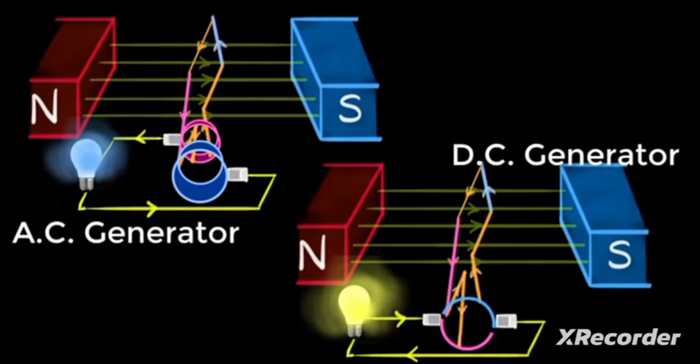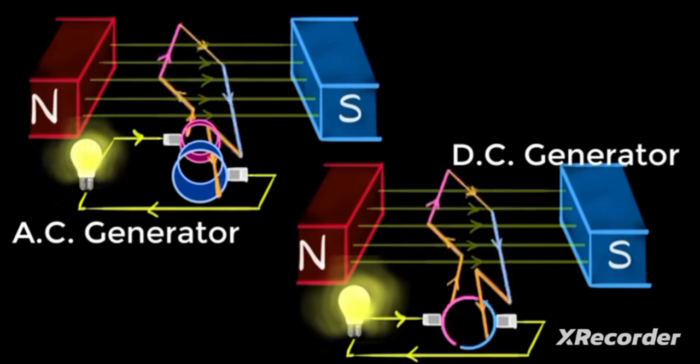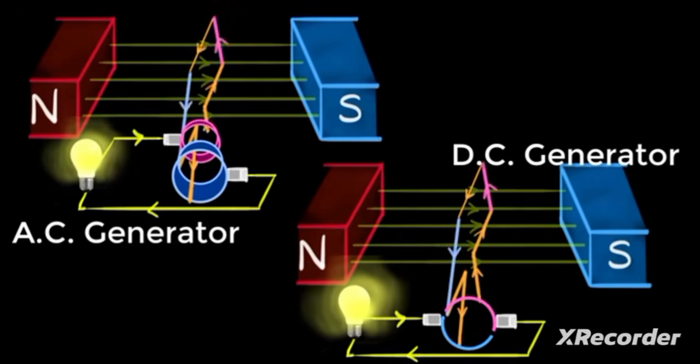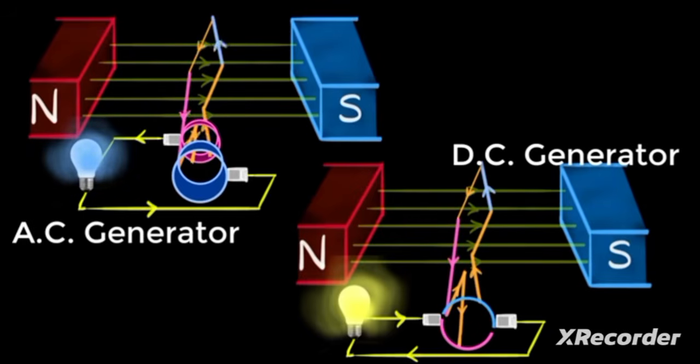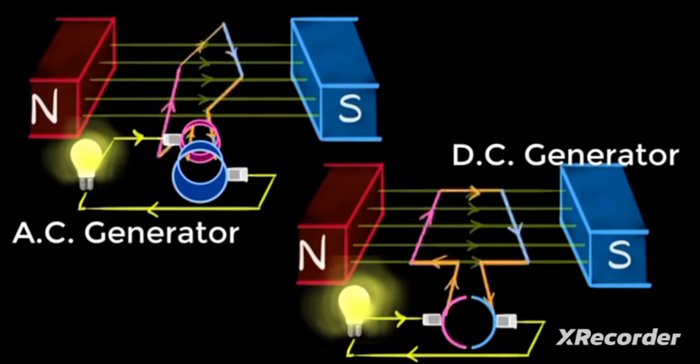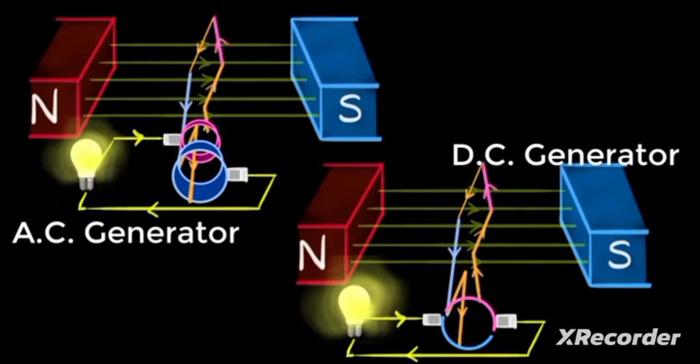On the other hand, if we use split rings, then it acts like a commutator. It keeps changing the contacts for every half a rotation and makes sure that the current does not change direction in the external circuit. We call this a DC generator. And so this is how we can generate electricity just by rotating a coil in between a couple of